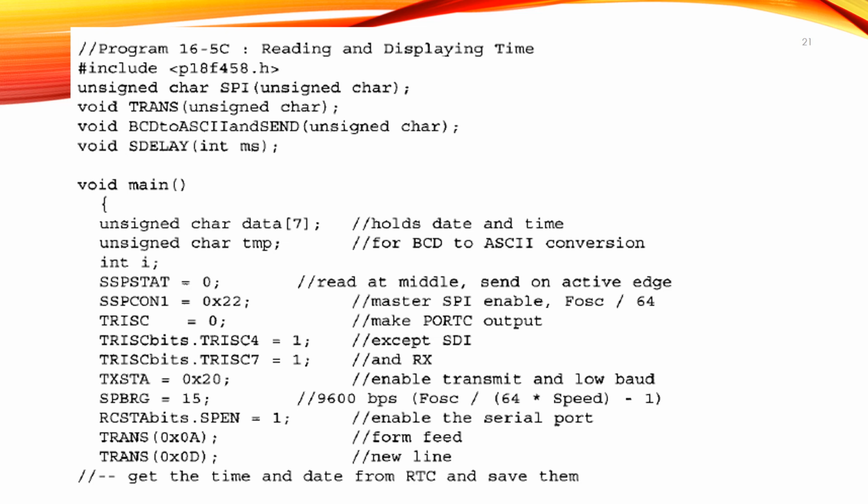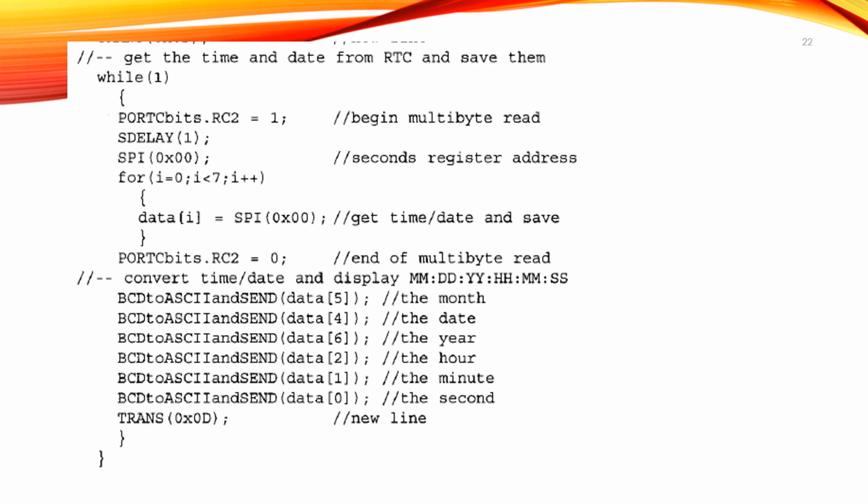This is the figure 15 coming, so that we have to set. Then RC STA bits dot SPEN equal to 1, enable serial port, then trans 0x0A form feed, trans 0x0D new line. So those codes we have passed.